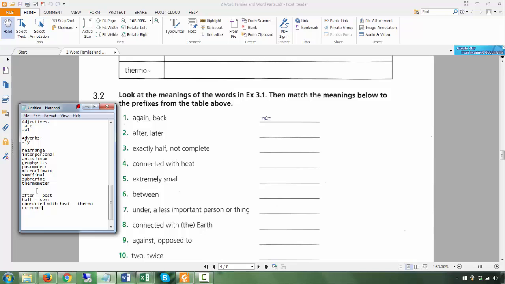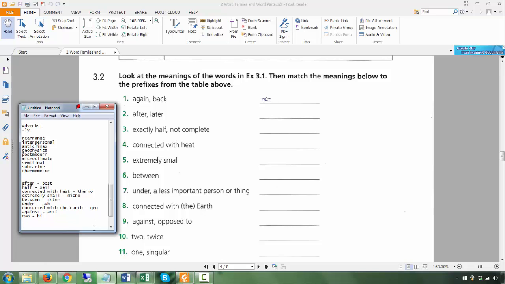Extremely small, micro. Between, inter. Under, sub. Connected with the earth, geo. Against, anti. To or twice, bi. And lastly, one would be mono. All right,